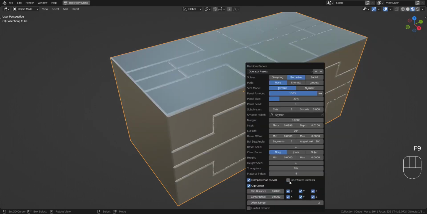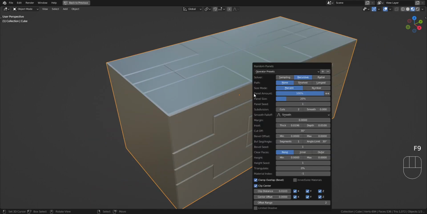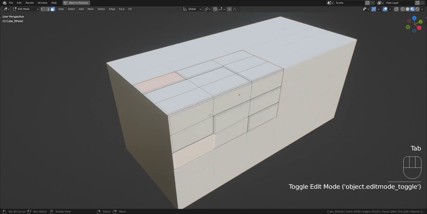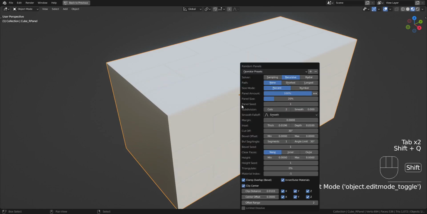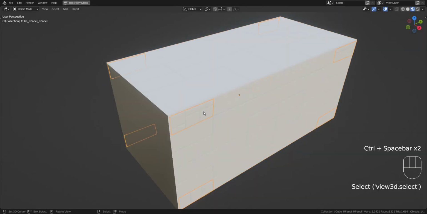Versus with this off, it inherited the shader from the source material or the face selection. But if you use this, it will not inherit the